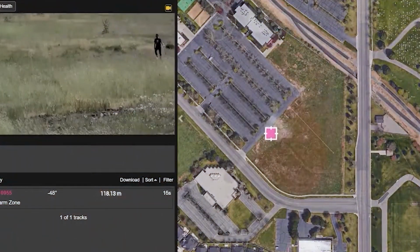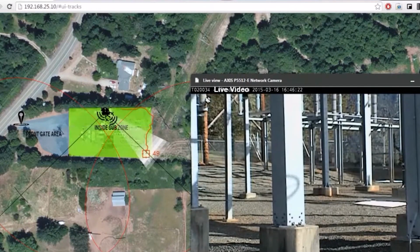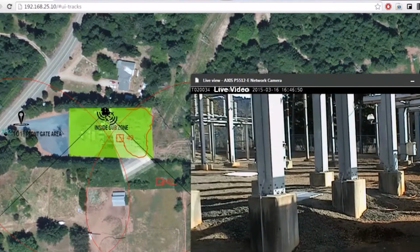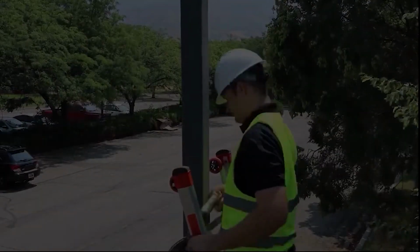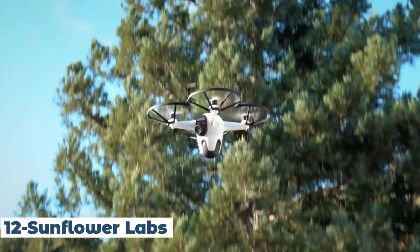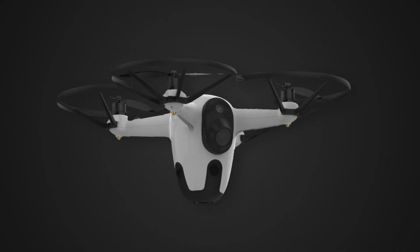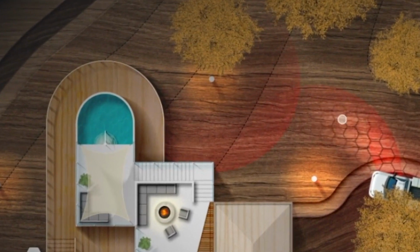The system alerts homeowners of any detected movement, allowing them to take immediate action. Spotter Perimeter Surveillance Radars offer a proactive approach to home security, enhancing peace of mind for homeowners. 12. Sunflower Labs. Sunflower Labs is a cutting-edge home security solution that uses smart outdoor sensors to detect any unusual